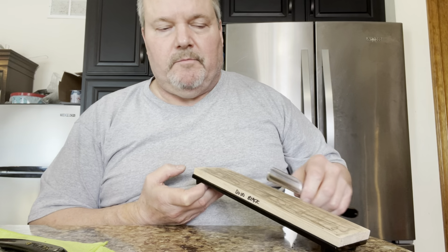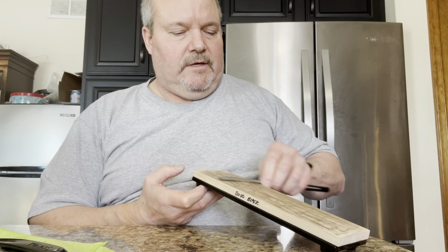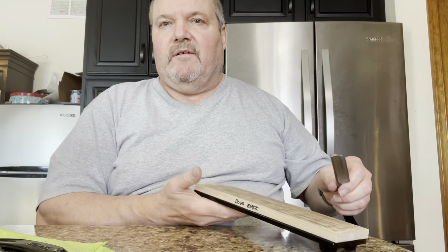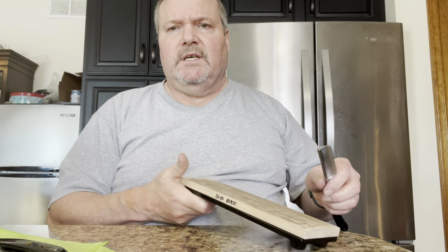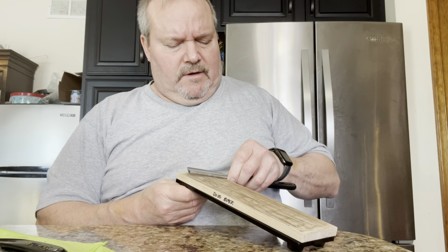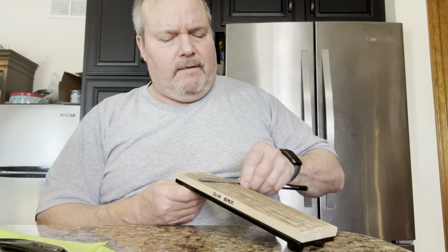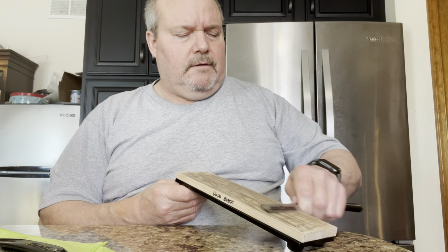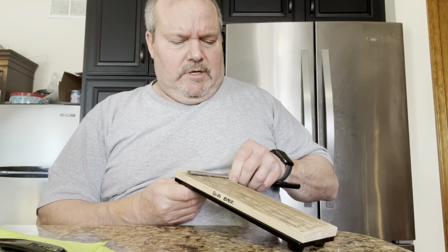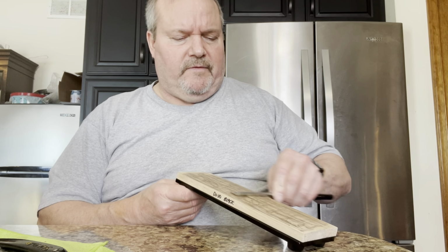And I'm lifting this up because sometimes it helps me to have a feel. I don't necessarily like to hold these. If you're somebody who has read into the very popular method, which also uses balsa strops to finish,